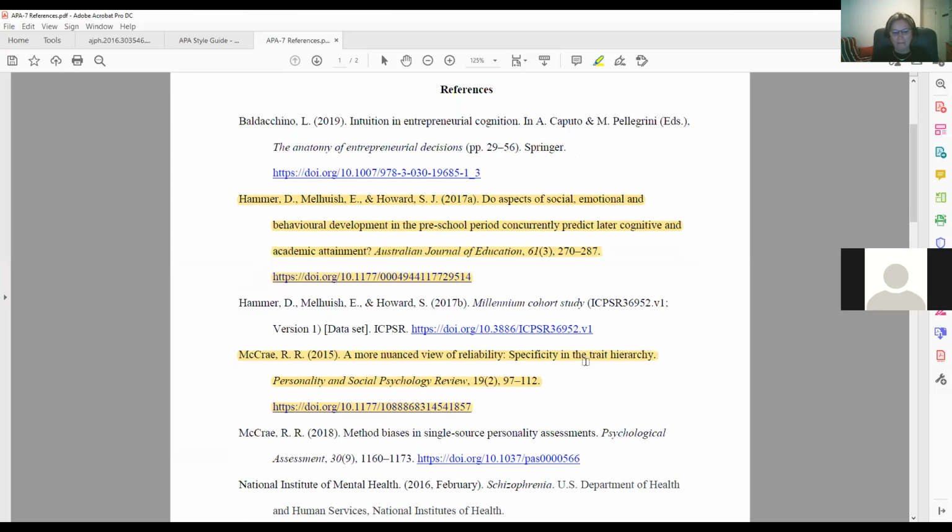Do not ever change. So here is Hammer, Melchush and Howard. Do not change it to Hammer, Howard, and Melchush. That's wrong. That's not how they decided to list themselves on this article. Note that the journal's title is in italics, so is the volume, not the issue, not the pages. Okay, I don't want to continue doing that because we need to move on to